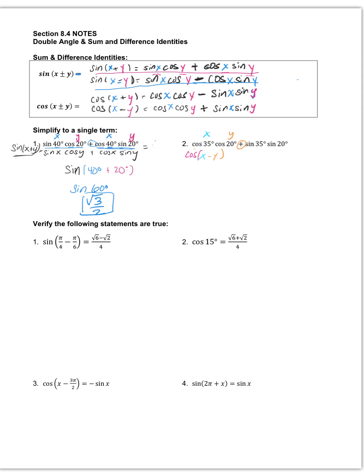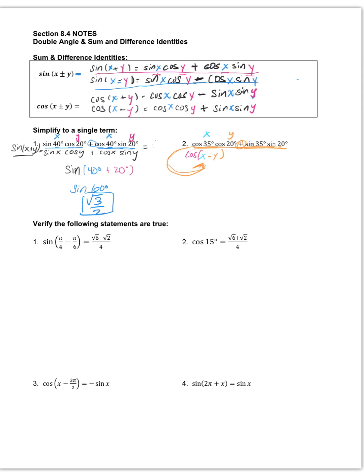So now what I do is I'm going to do what I did over here in the same one. I already have this information. I want to do this. And the reason I want to do this, because remember, this is two terms. I need a single term. In order to do that, I can't have this, so I'm going to try to go back to what we